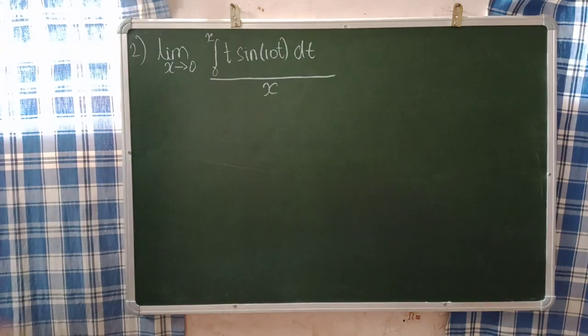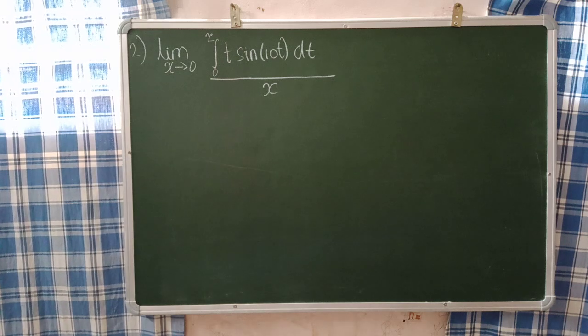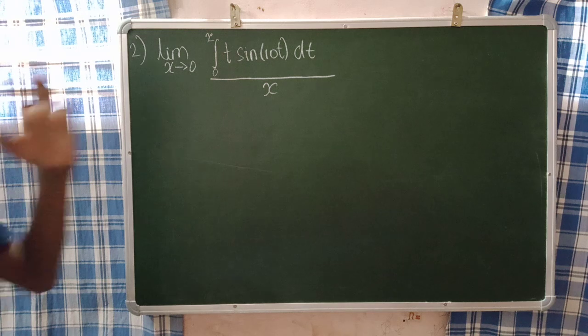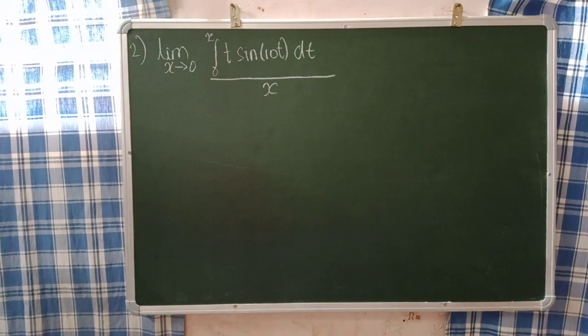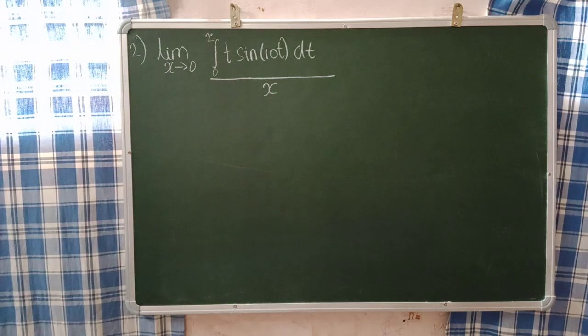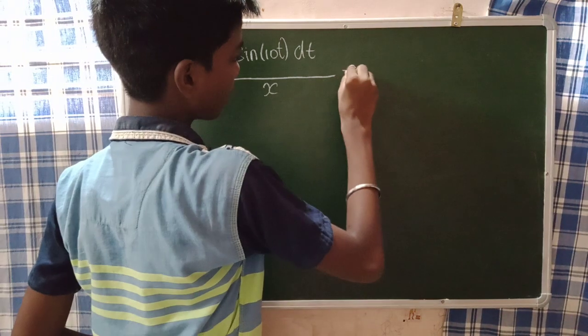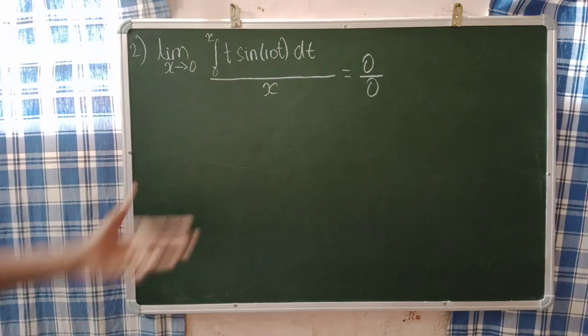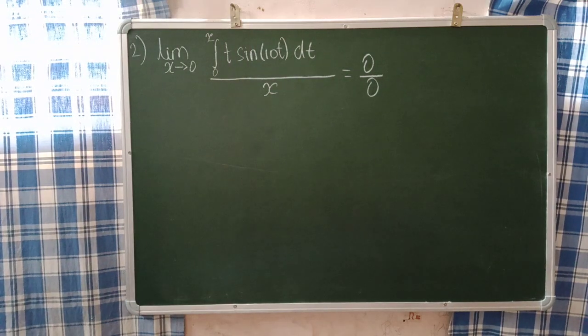Our next question is limit of x tends to 0 of integral of t sin 10t dt from 0 to x, divided by x. So guys, when you solve this limit, that means when you put x as 0, of course you will get the form 0 by 0. Correct? When you put x as 0, you will get 0 by 0 form, because guys,